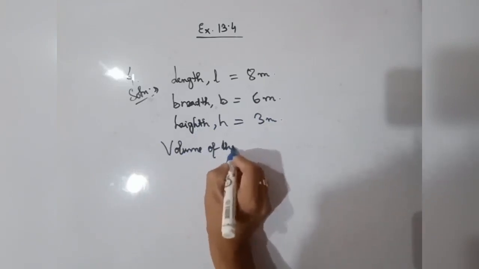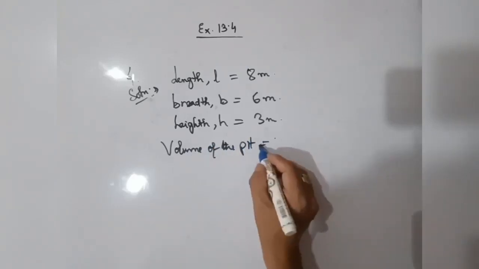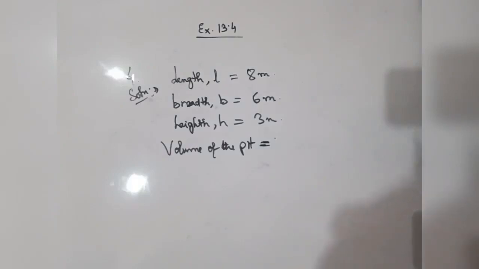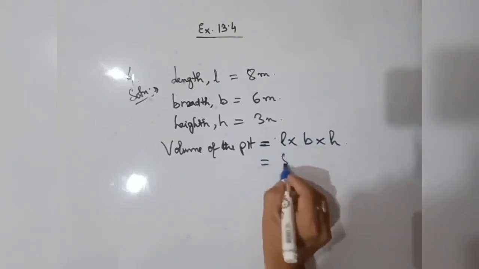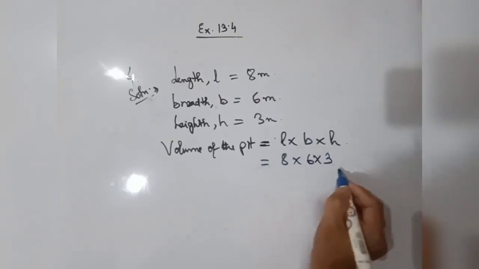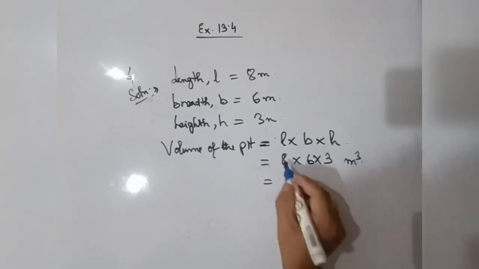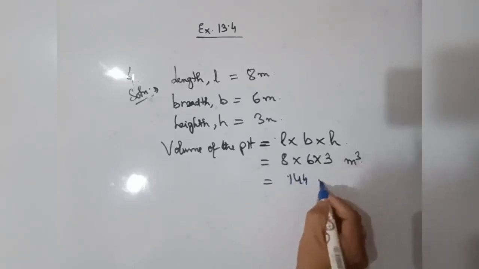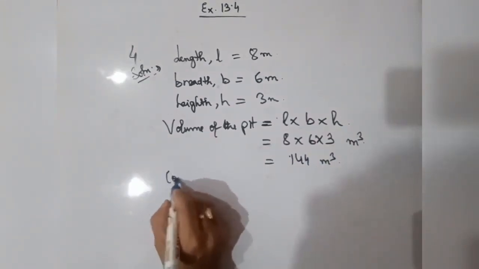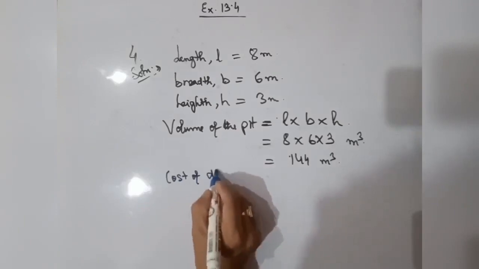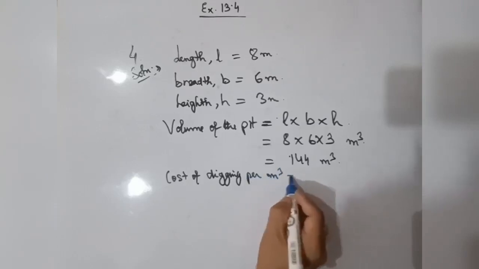Volume of the pit equal to the volume of a cuboid is given by the formula length into breadth into height. So this will be equal to 8 into 6 into 3 meter cube, equal to, multiplying all this, we will get 144 meter cube. So the cost of digging the pit per meter cube is given as